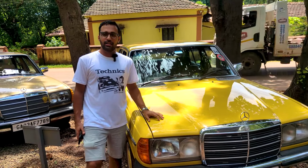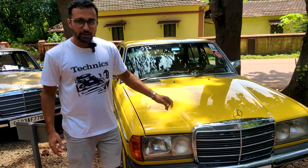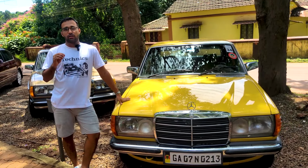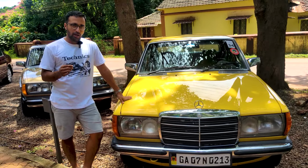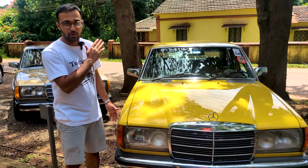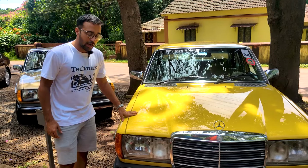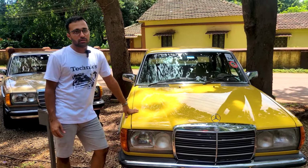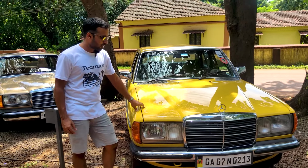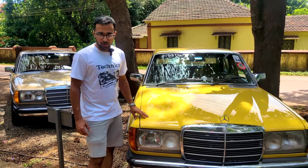Hi, this is a 1982 300D by Mercedes-Benz. It's the great grandfather, or the grandfather of the modern day E-Class that we have. So it carries down the lineage of the entire line. These are very reliable cars. This example is more than 40 years old, and it's still running, and you see it's in great condition. These are imported, made in Germany,